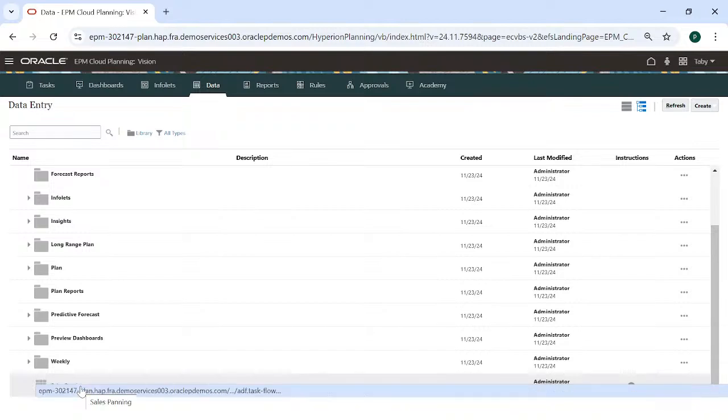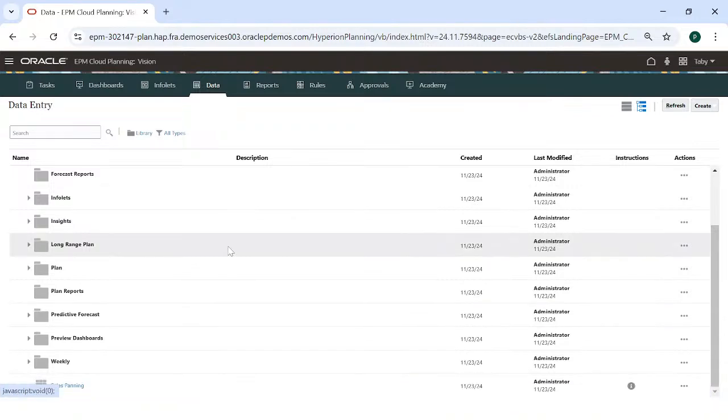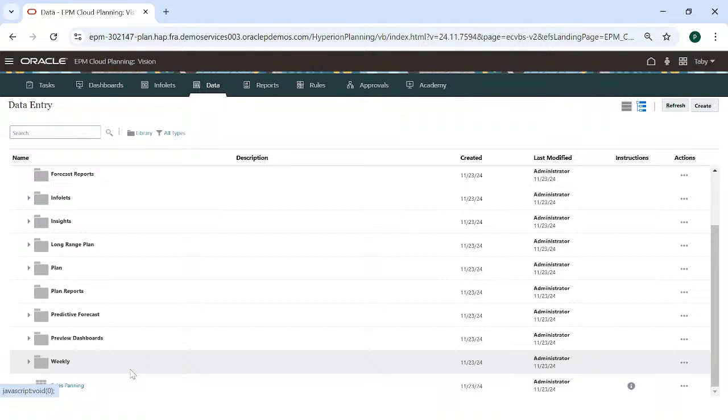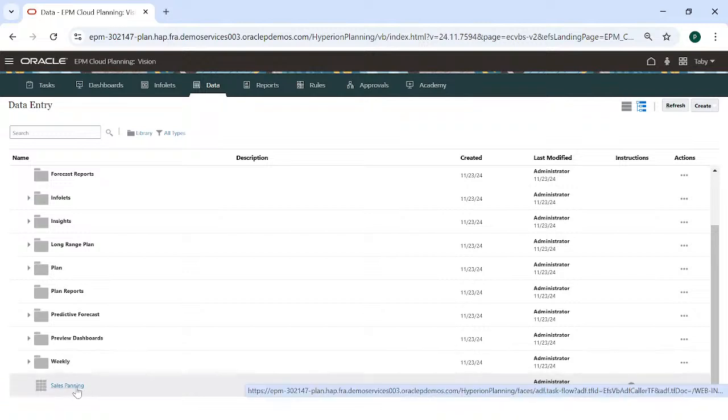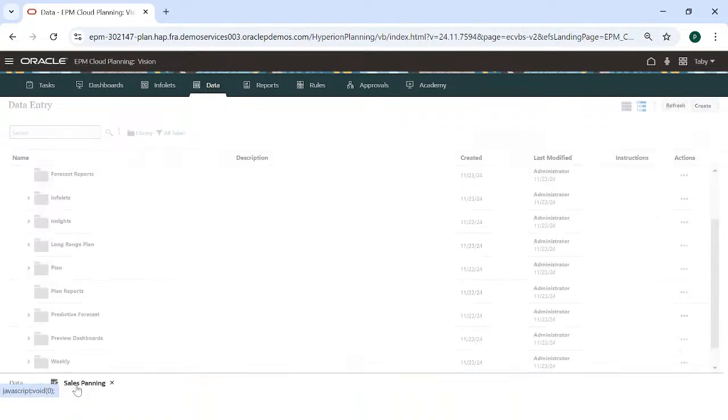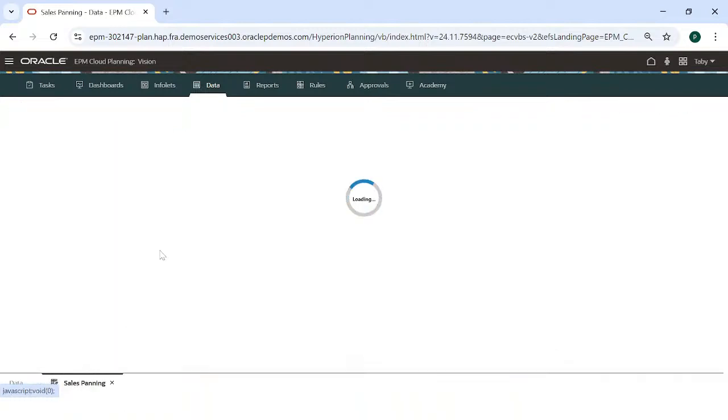Now this is the importance of providing roles. The service administrator has to be very pertinent about the roles he is assigning. Tabby is supposed to do sales planning, and he was just a user. He wasn't a power user. Once I provided him the role of power user, now he is able to view sales planning. So Tabby opens a form, and if you can see here,